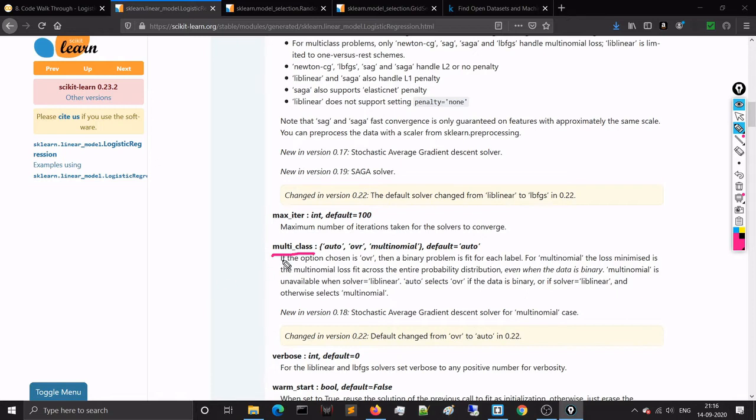This is the multi underscore class parameter. You can use OVR, the one versus rest policy, and easily do 2 class, 3 class, 4 class, n class classification problems. So this is our logistic regression class. Mainly, these are the important parameters that I wanted to cover.